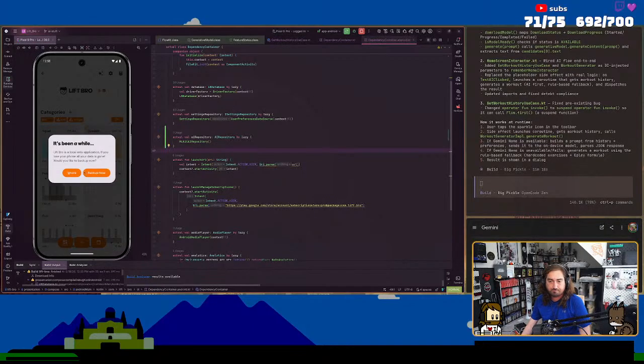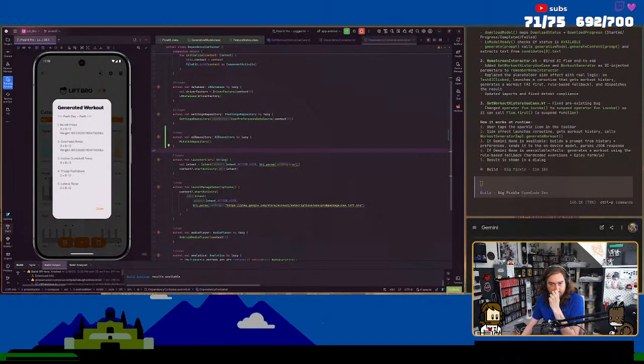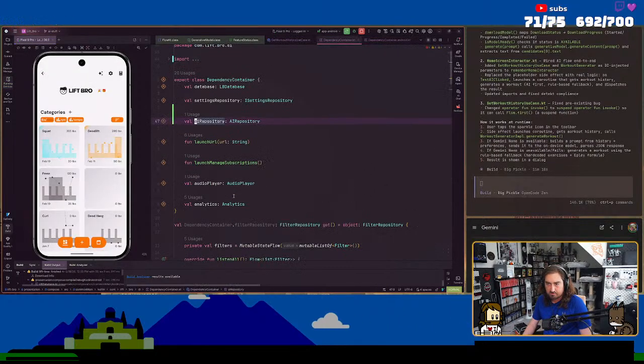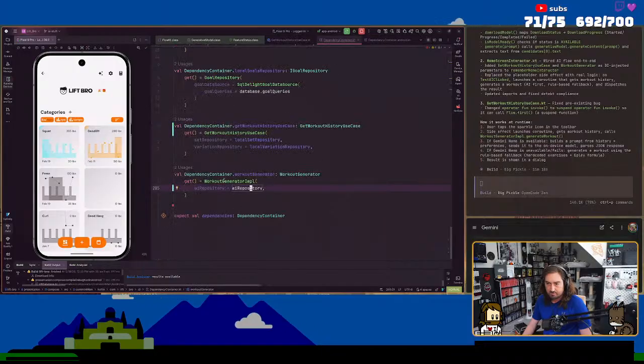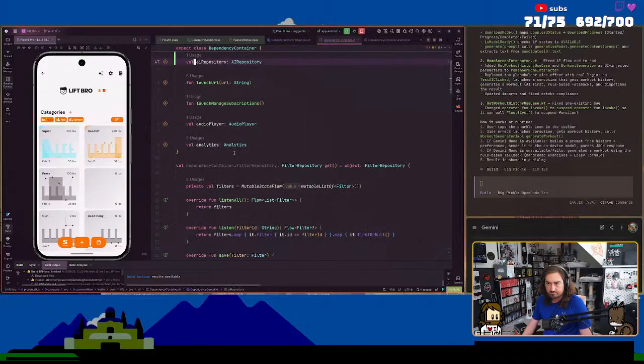Ugh. Yeah, I'm gonna ignore that. Now we hit the button. It's still not giving all the weights, and all the weights seem to be the same, and all of the sets seem to be the same. But I also don't believe that it's actually, because where we do the workout generator impl, we get to the AI repository.